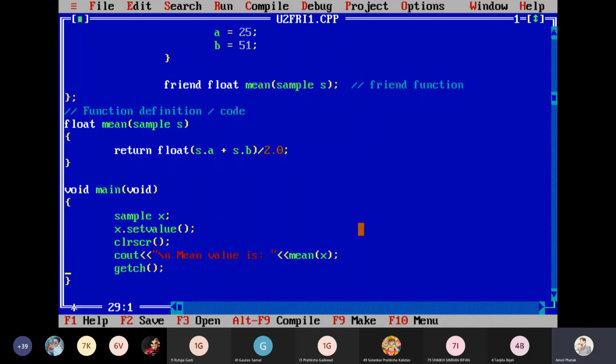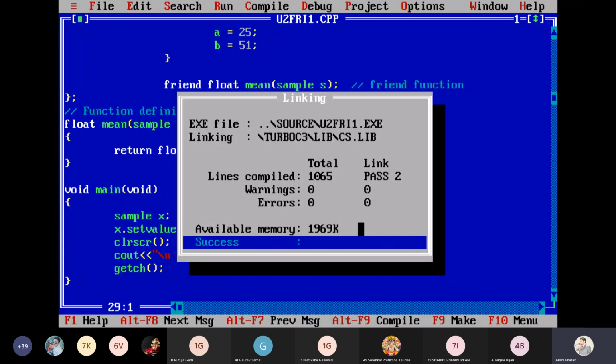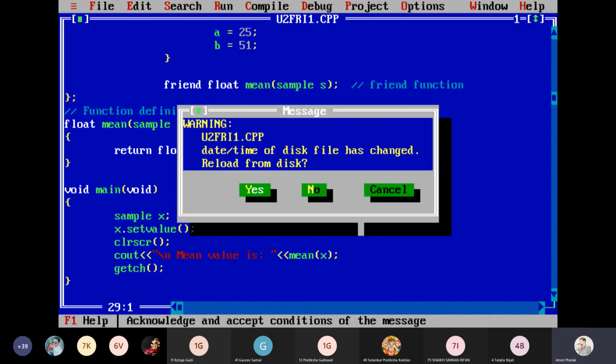F9, no errors. Control F9. Yes, the mean value is displayed as 38. We have given the values 25 and 51, so the sum is 76, and the mean is 38. It is correct. Okay, is it clear to all?